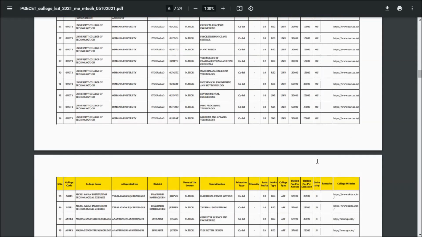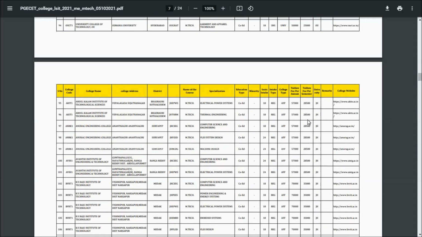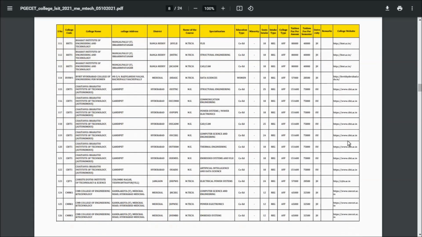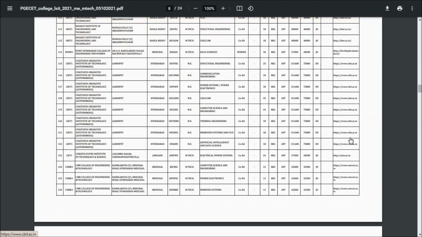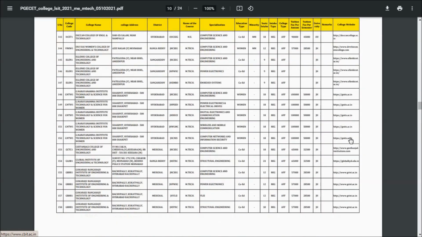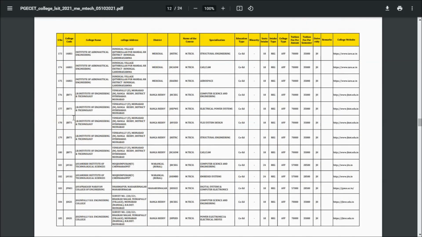Likewise you can check each and every college and university and fee per annum and per semester. And if you want full details for a particular college, you can use the college website. The last column on the right side is the college website. You can simply type it on Google, visit that website, and check full information about a college you are interested in, with the help of these links.